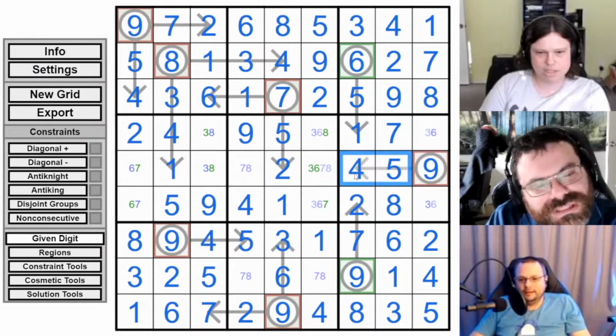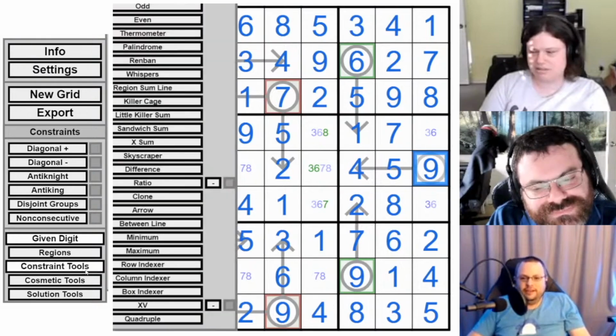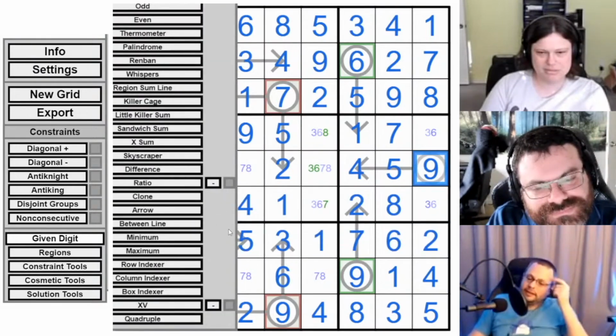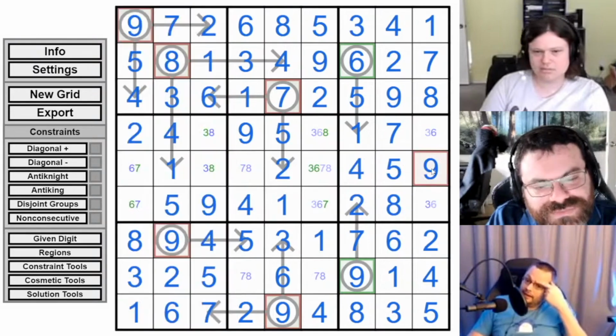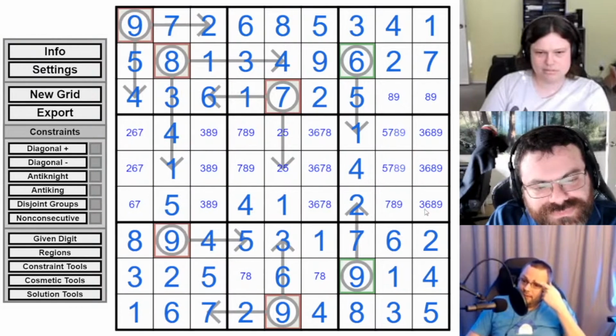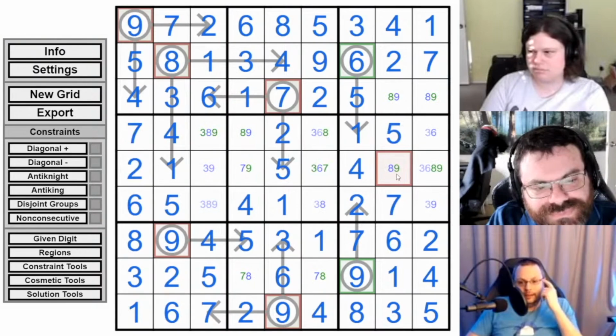Yeah, just from the very start, it could be a 6 or it could be a 9, and that's about it. It's too easy. So we should be careful about that. Yeah, so that's the only issue I have with that one. Now we could make it a 9 in the column somehow, maybe.